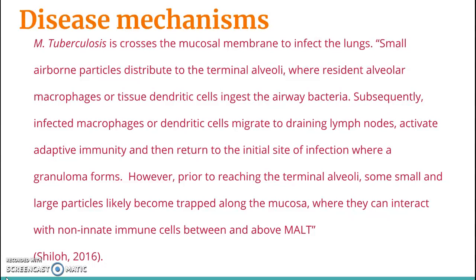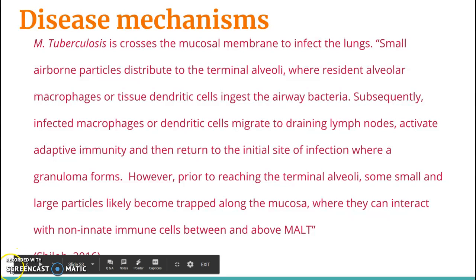TB crosses the mucosal membrane to infect the lungs when small airborne particles distribute to terminal alveoli, where resident alveolar macrophages or tissue cells ingest the airway bacteria. These bacteria are able to survive even with ingestion into